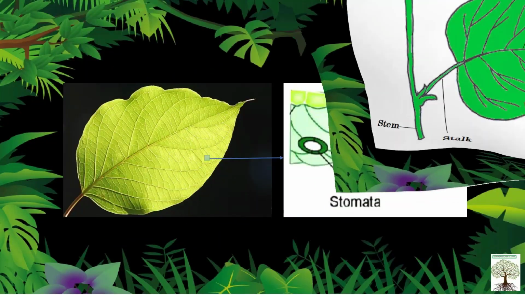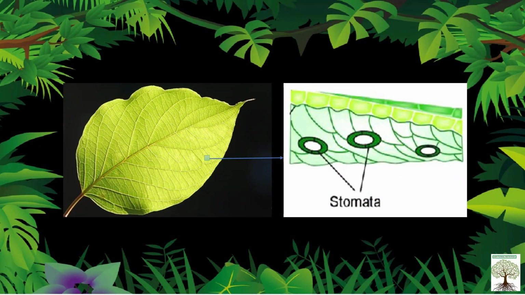Now see, on the underside of the leaf are small openings between the cells, and these are called stomata. Now these stomata are like the windows in our house. See, windows are made to bring in fresh air in the house, right? So in the same way, carbon dioxide required by the plant to make food enters the leaf through the stomata. So these small openings bring in fresh air, that is carbon dioxide, which is required by the plant to make food. So this is the function of stomata.